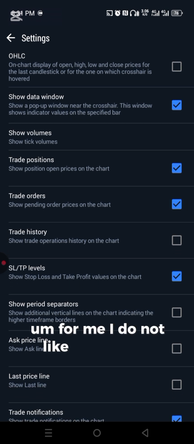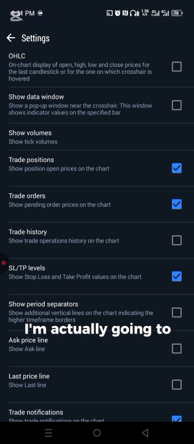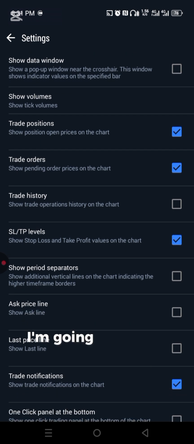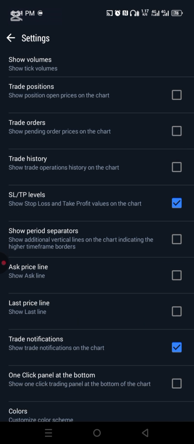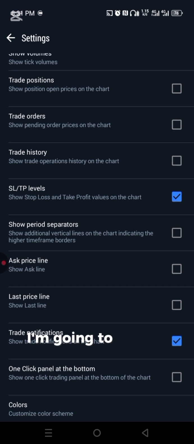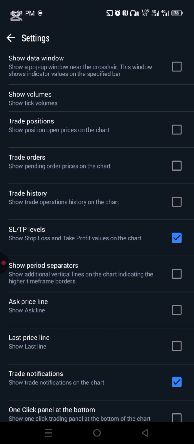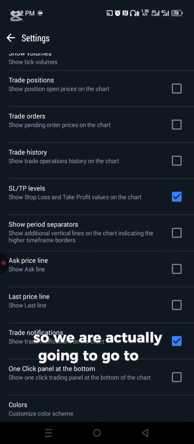For me, I do not like to use this data window, so I will disable it. I'm actually going to disable this trade position. I'm going to disable trade orders. Okay, I'm not going to disable the rest. So we are actually going to go to